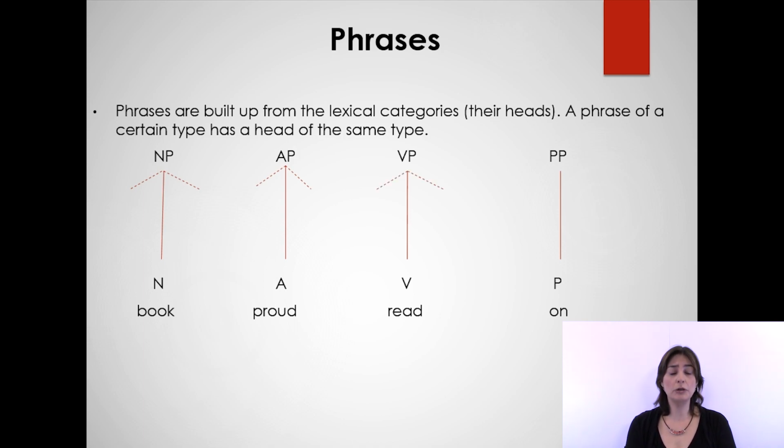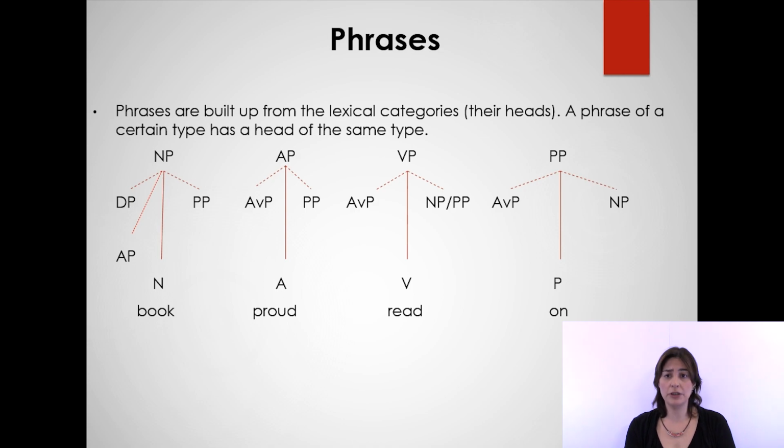All phrases can contain other elements, other words that will also form their own phrases. Now, try to visualize the elements as I illustrate them. Let's start, for example, with the noun phrase, or NP, book is heading. It can also have a determiner phrase, such as the book, or this book, the or this being the determiner heading the DP. Likewise, the head can be followed by a prepositional phrase, as in the book on the table,